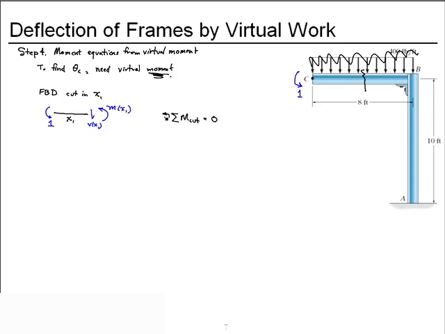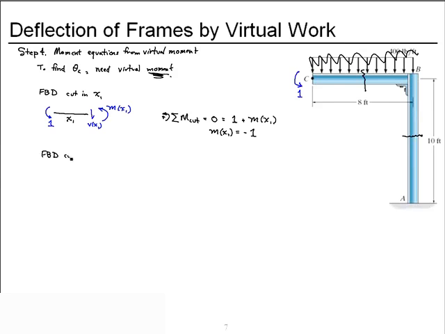I'll take counterclockwise as positive. We get the contribution of the couple moment and the unknown virtual moment. Solve for the virtual moment as a function of x1 and get the constant -1. If we take a look at this structure, there's no shear in member CB, which means the moment must be constant. So now let's cut it somewhere between A and B